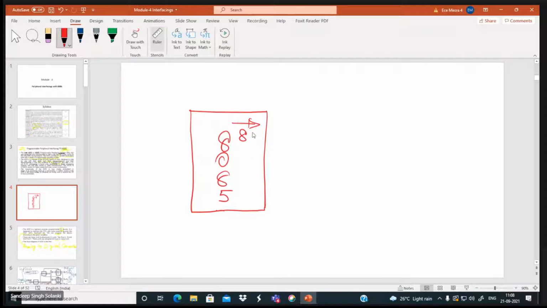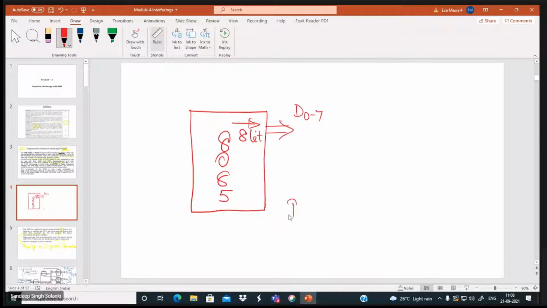Suppose you have the processor 8085, and I'm asking you to send 8 bits of data together from the 8085. How will you do that? That is my question. And where will this data appear? I'm sure you will say that it will appear on the data line, isn't it? It will appear on the data line.